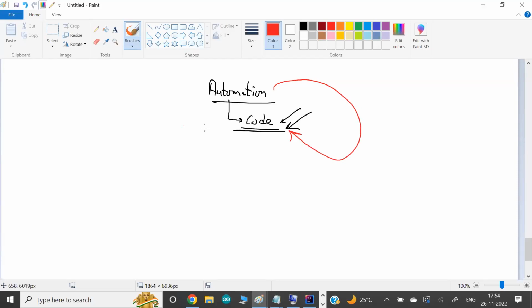But it does not mean you should be a core programmer or developer. You don't need to know any programming language like C, Java, or Python. Ansible has its own language for coding. It's so simple, anybody can do it very quickly. You don't require any complex coding like loops, conditions, objects and classes.